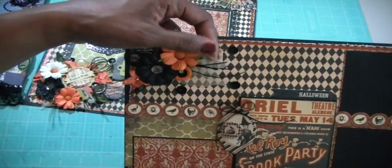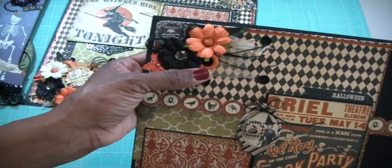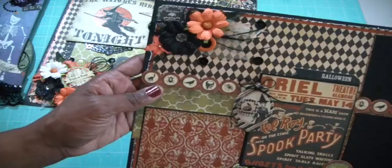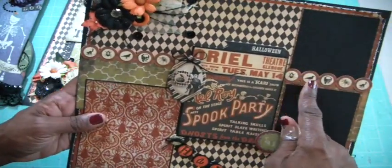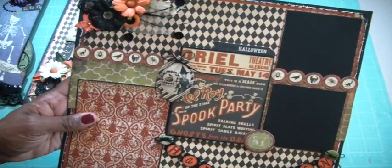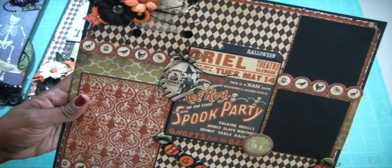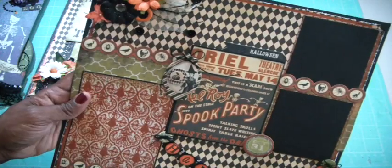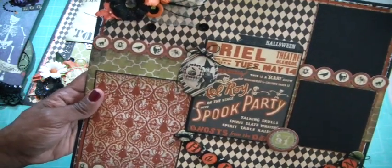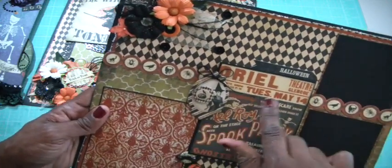I have the leaves. I have a button right here, an orange button, that I put a sequin inside of. And here I'm using the K & Company trim right across there, which kind of just blended in. Then I cut that out from one of the pages, and it's like an invite to this spooky party. I just cut out some of the chipboard pieces and popped them up here using some of the black thread